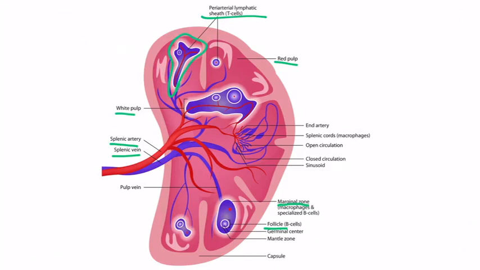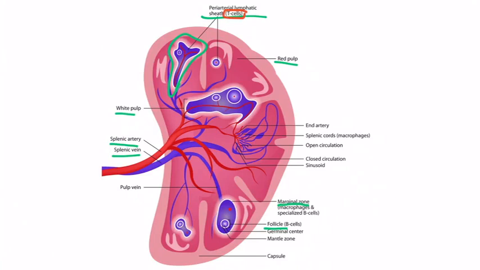So right here, we can see many similar areas in this image, but we've only labeled two areas, as you can see. If you think about this name, it's a perfect description of the anatomy. There is a lymphatic sheath surrounding the arterial supply of the spleen. This region has a high concentration of T cells. So notice that any region where the bluish purple color is surrounding an artery is considered the periarterial lymphatic sheath,